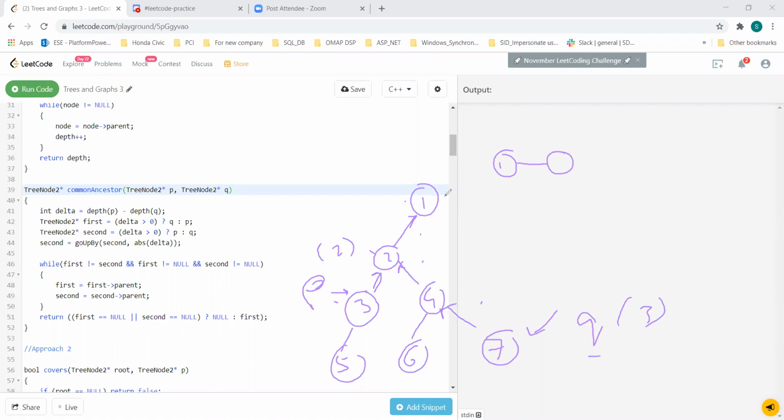So q is bigger, right? So then I assign q to the second, and then my p will be at the first. So till I reach 2, I just push my q up. So then I push my q to here. So now both are at the same level, right? And then I use this while loop,